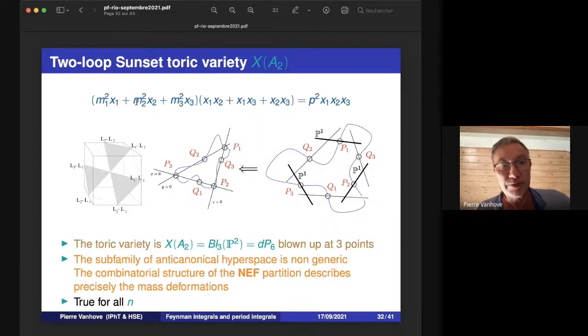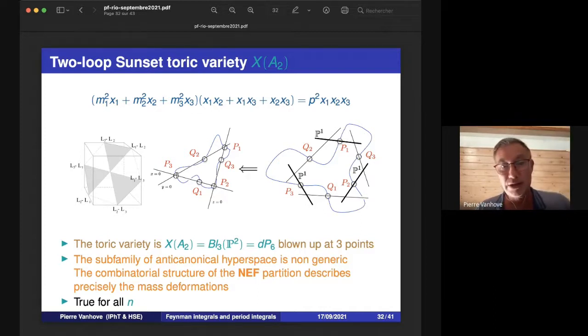So for example, for the two-loop sunset, if I expand everything, this is maybe clearer. It's an elliptic curve. You see, it's cubic. Nice. So this is actually the graph where you have here the coordinate hyperplane, and you see that when x1 is 1, but x2 equals 0 and x3 equals 0, everything vanishes. So clearly, this elliptic curve goes through your